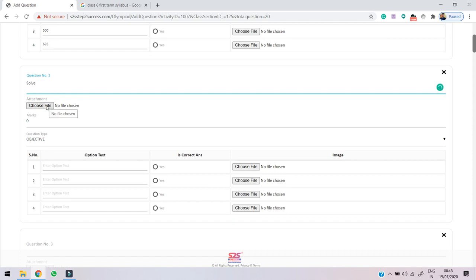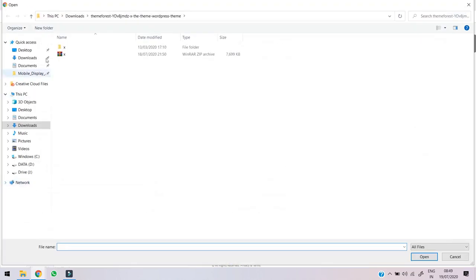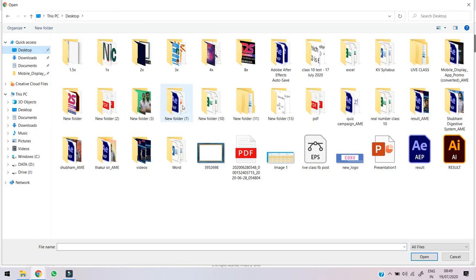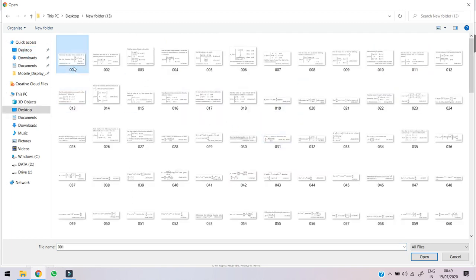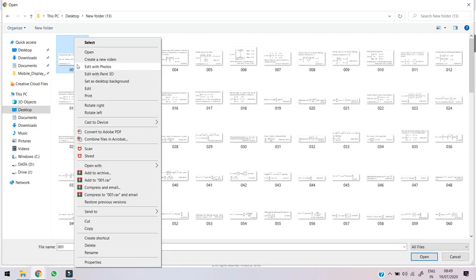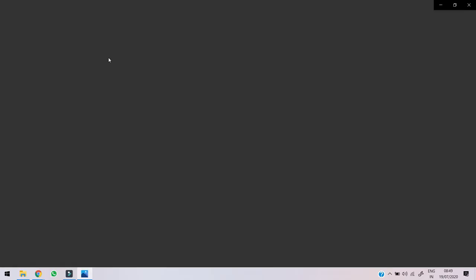Choosing an image means that the image is already ready for you. Here I will show you that it is ready. I will click on choose file, and I already have some images. Like here you can see. Let me open it and show it to you.